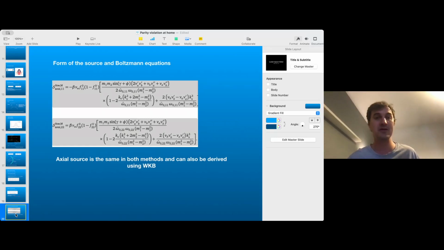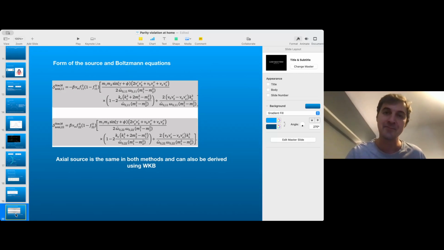So then when we solve things, we actually solve things three ways, because we also solve things using WKB methods. All three ways agree and give us the exact same resonantly enhanced source, which is really, really interesting. What's interesting about this is that it's a source which is fairly model independent. If you have any source which will have two flavors, or alternatively one flavor, we have the one flavor source in there as well,